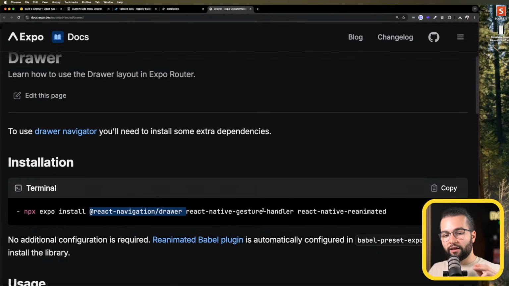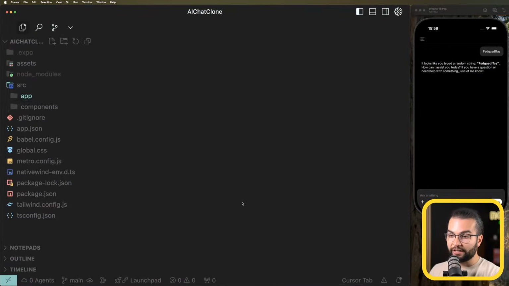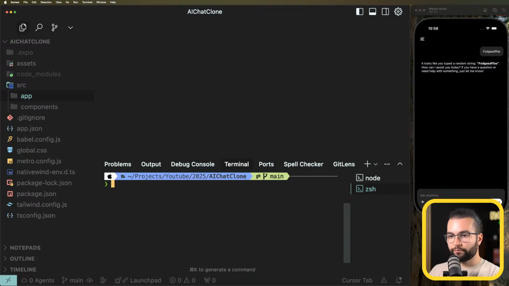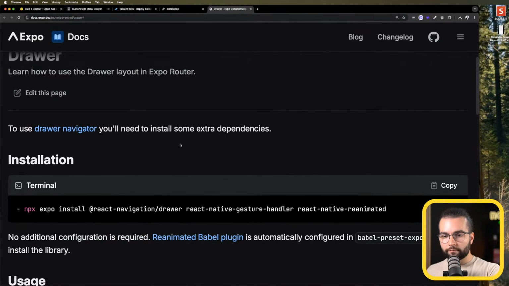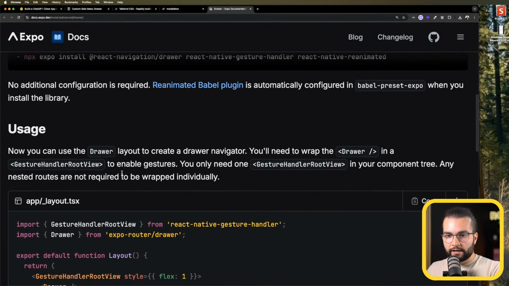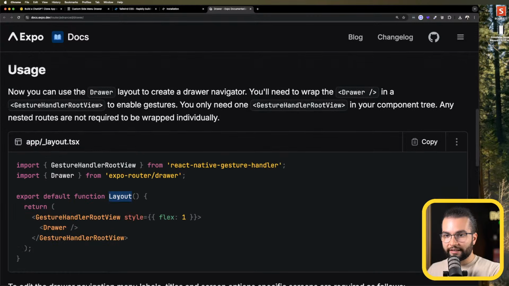And that's the beauty of Expo router being built on top of React navigation, that we can use any kind of feature and navigator provided by React navigation in Expo router. So I'm going to copy this installation command, go back in our terminal and let's install the navigation drawer. Now you can use drawer, and in the root layout, we just need to make sure that we